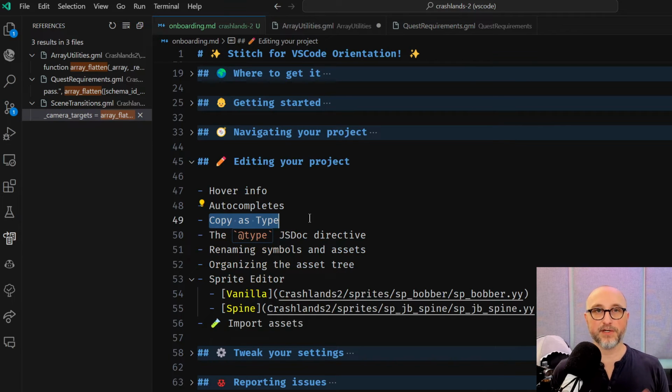So to get everything to work really well, it's best to provide type information, because that way Stitch and GameMaker through Feather actually know what your code is, because GameMaker is such a dynamic language that it can be otherwise just way too difficult for it to guess before it runs what could possibly happen. And so this one feature in particular that Stitch adds that GameMaker Feather does not have is this type directive